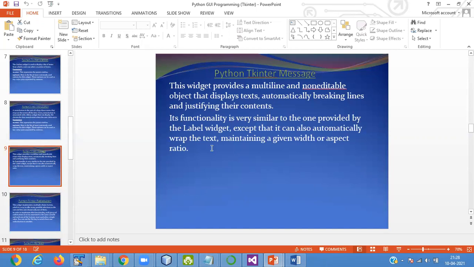So basically, it is used to providing the message box. What is tkinter message? It is used to show the message.